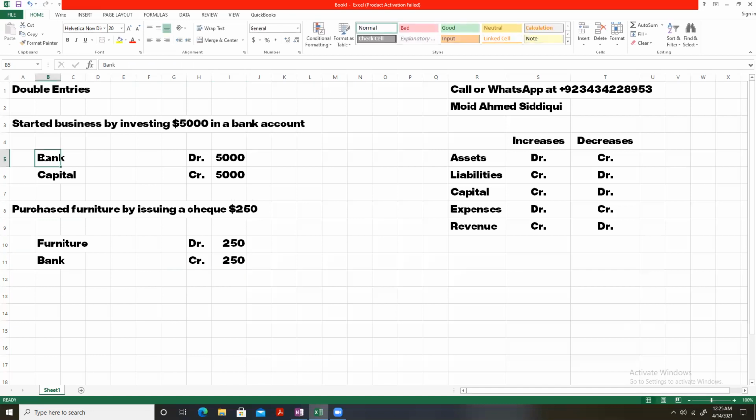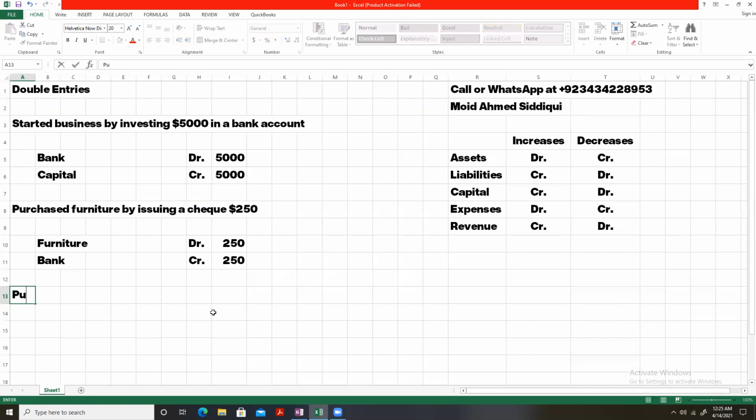Here it is also worth noting that the bank account of the business is an asset of the business. The bank account that is opened in the name of the business, that is used for transactions of the business, is an asset of the business. So here the asset, that is bank account, will decrease when we issue a check, as the payment will go from the bank account. The bank account balance will decrease, so we will credit the bank account.